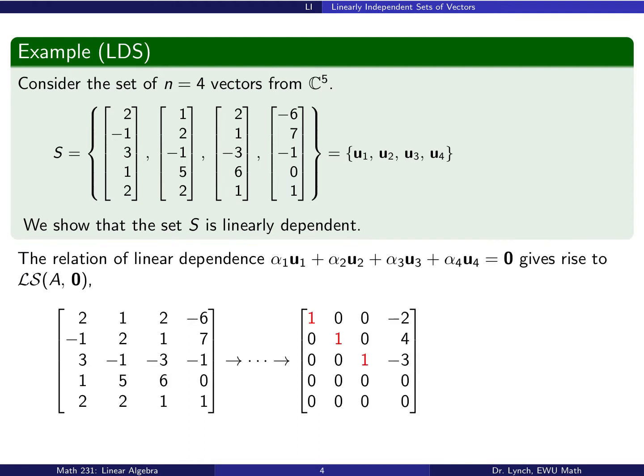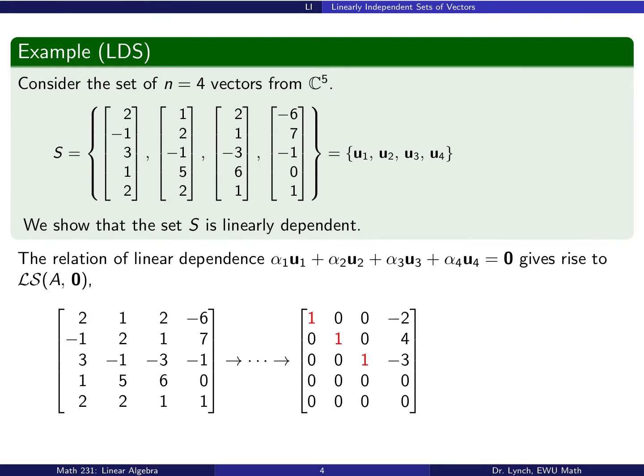So the relation of linear dependence on S gives rise to a homogeneous linear system. Here is the coefficient matrix corresponding to that homogeneous linear system. I haven't augmented by the 0 vector here because that won't change anything, but row reducing that matrix